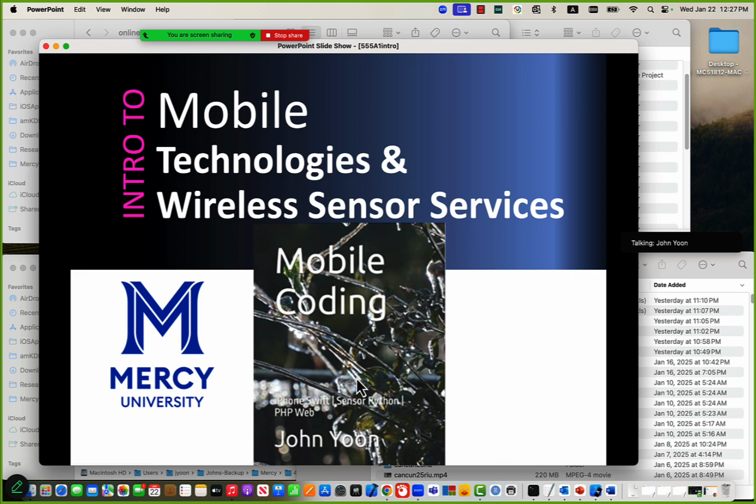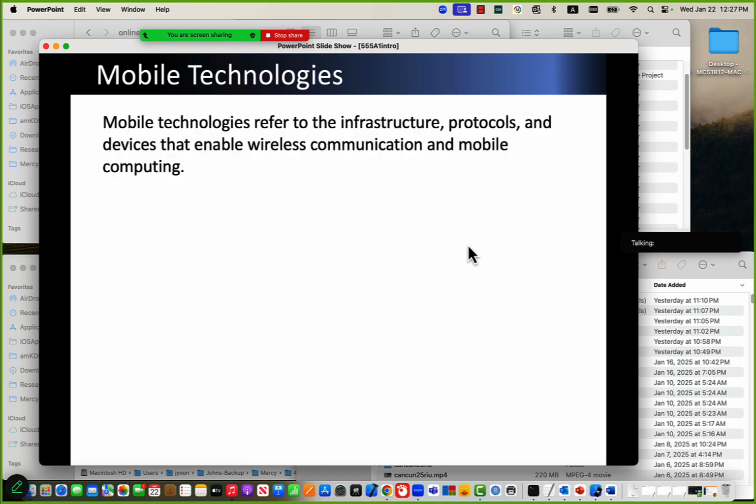A couple of years ago, I wrote a textbook, Mobile Codings, but do not buy this. That textbook contains, actually,